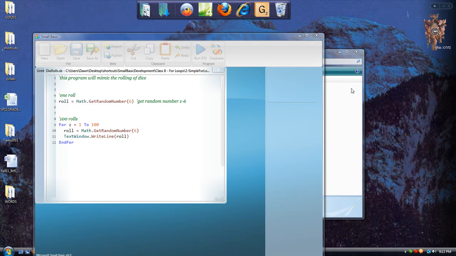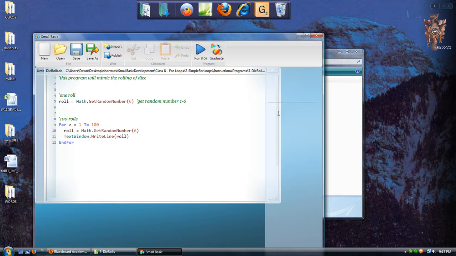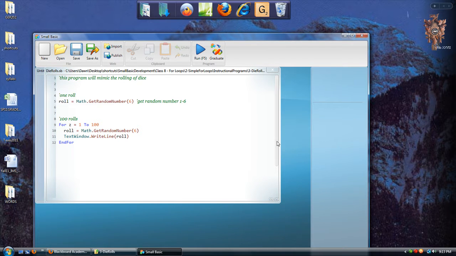So here's another short program that addresses a small, simple, but important technique that we'll be using from time to time, and it's very common in programming to need to generate a random number. For example, what if we had a game where we were mimicking a die roll? The whole idea behind the rolling of a die is that you should get a random number between 1